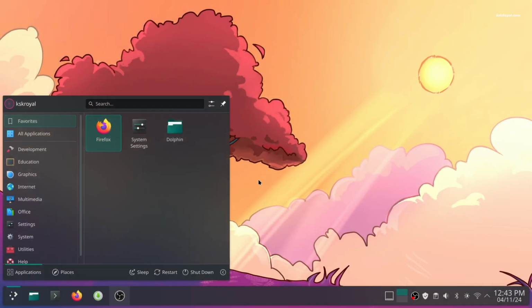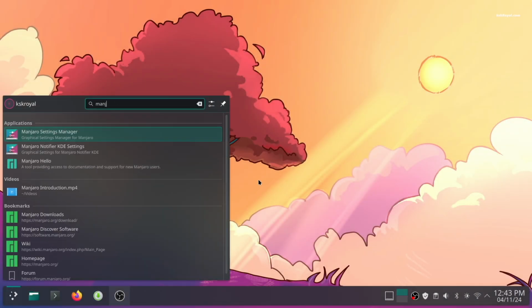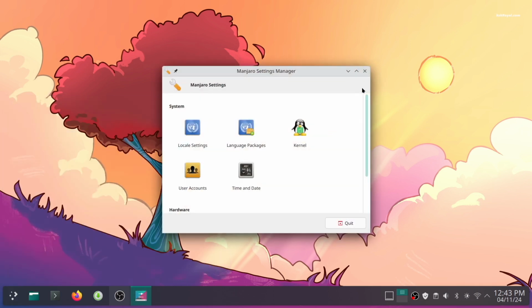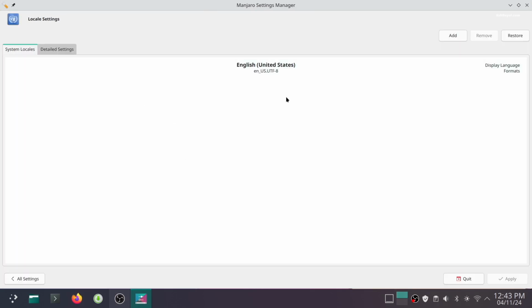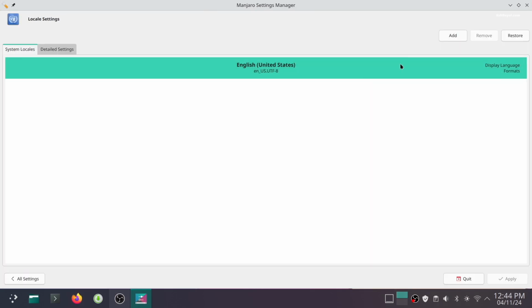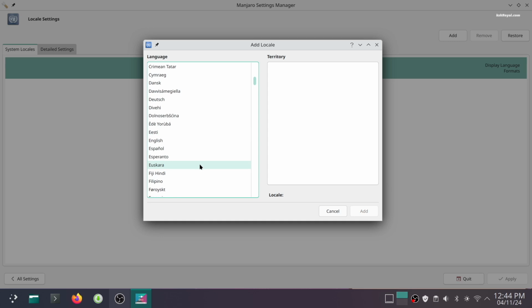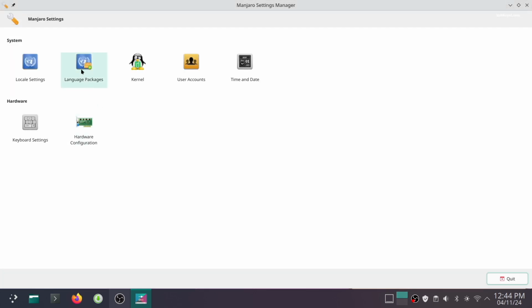Once Manjaro is updated, install the recommended drivers. Now open the Start menu, search for Manjaro Settings, and open it. Here you can configure locale, language, kernel, and user accounts.